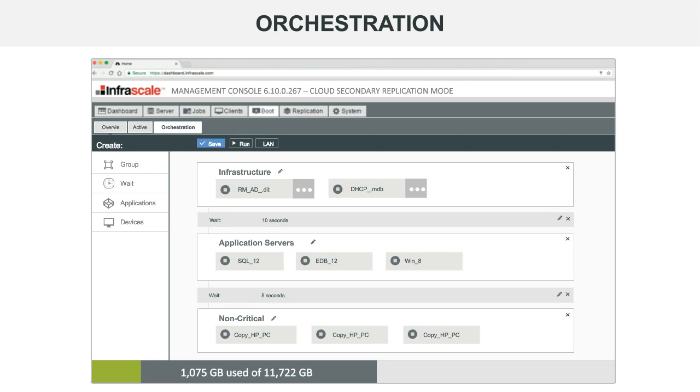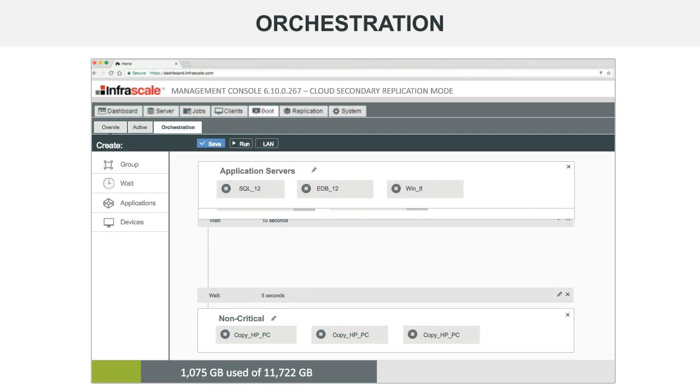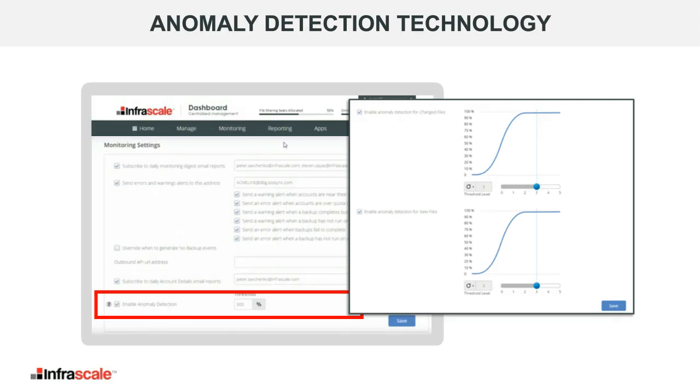So this takes your testing scenario from something that was generally avoided, even though it's very important, simply because of how long it took, to now something that you can do very quickly. You come up here, you hit run, you go get lunch, you come back, and then everything's going to be up and running. Or even just go get a coffee, and then a lot of things are going to be up and running, depending on the size of your environment. You can move these around, and it's another nice drag and drop editor.